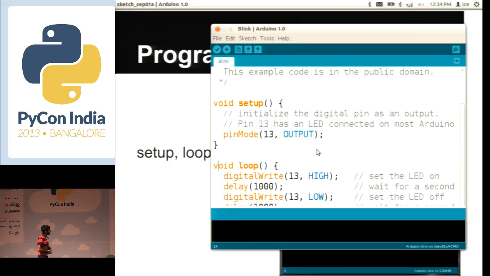So the structure of an Arduino program is as such. You have a function which is called setup, and you also have a function which is called loop. The setup function is basically executed only once in the beginning, and the loop function keeps executing after the execution of the setup function. In this case,